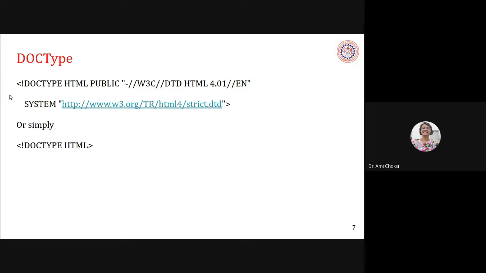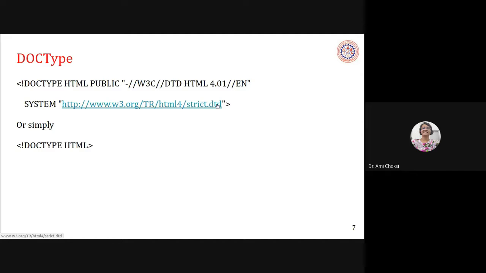So let's see. Doctype. I have shown you in the class also. That is, we used to typically write the less than exclamation doctype HTML, right? People are writing this way also, or if you are using any particular HTML editor, then you will find it written like this. Whatever the system is, that is also being said here.